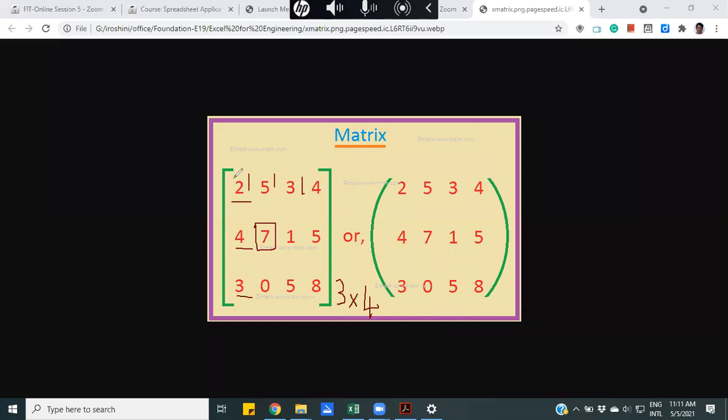So we can see in each and every matrix there is a set of values displayed in rows and columns, right? Matrix has its own mathematical operations.